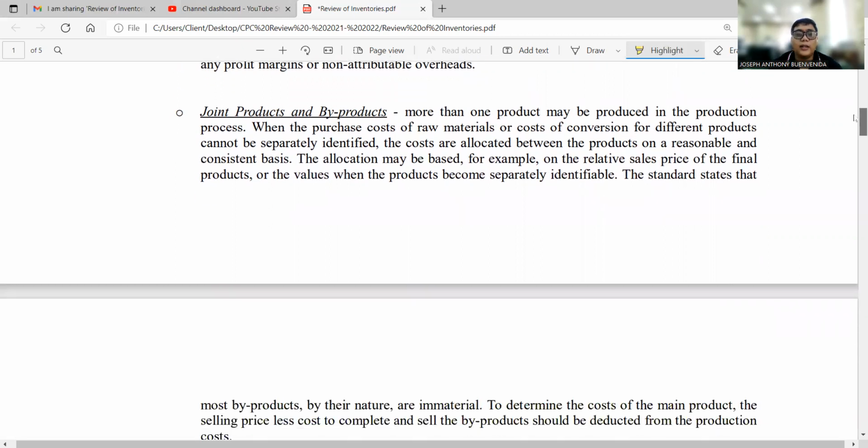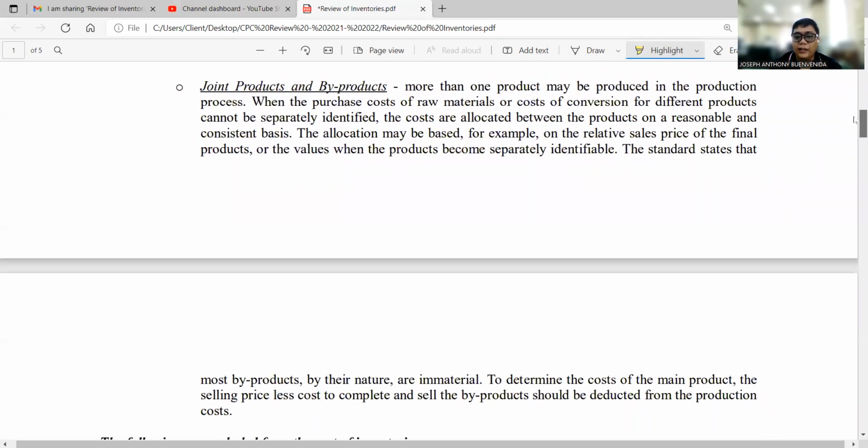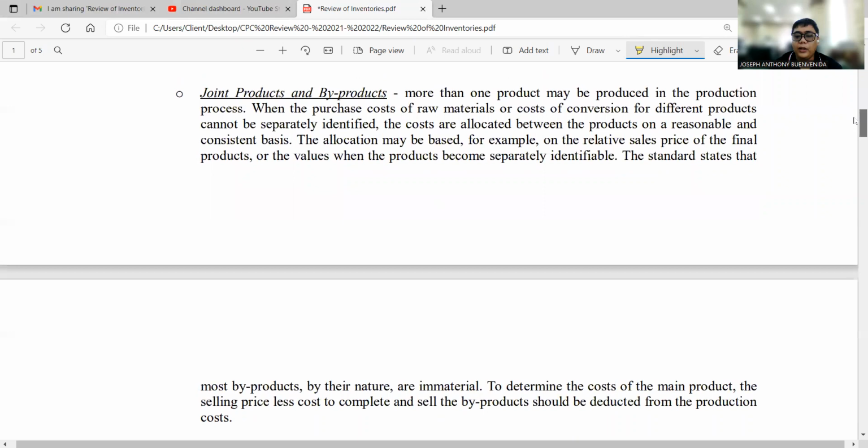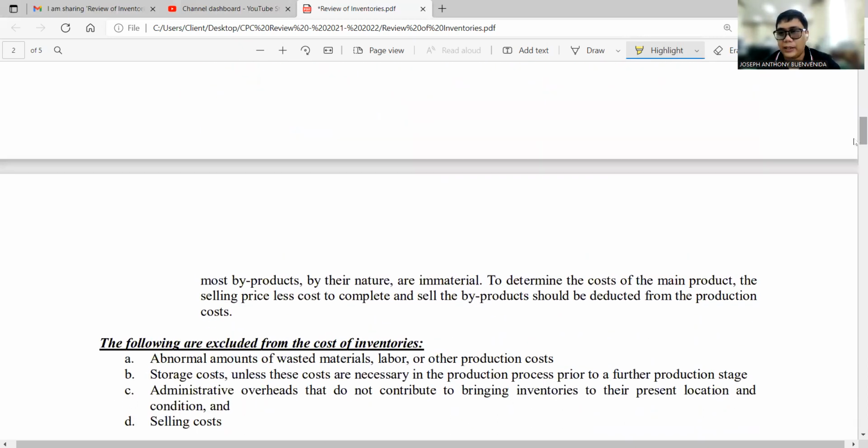Okay? The standard states that most byproducts, by their nature, are immaterial. So to determine the cost of the main product, the selling price less cost to complete and sell the byproduct should be deducted from the production. So that is in advanced accounting, the byproduct and joint products. Okay, so